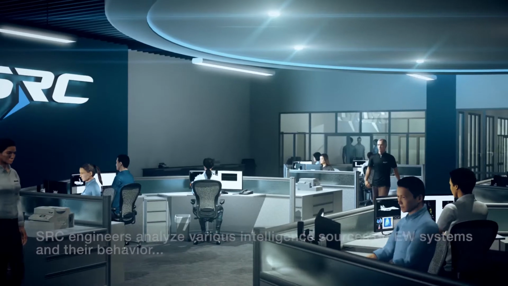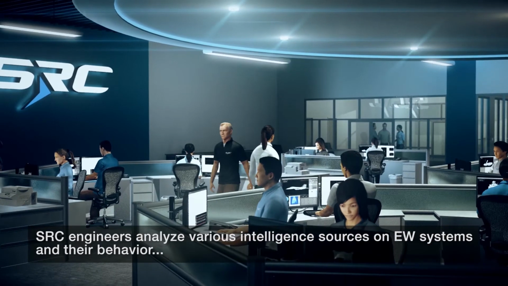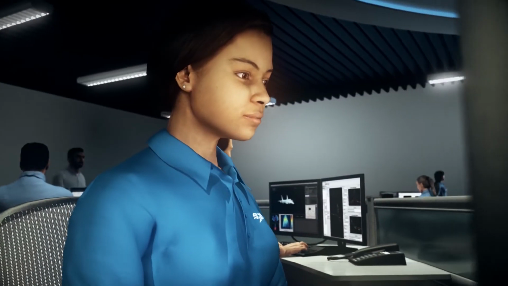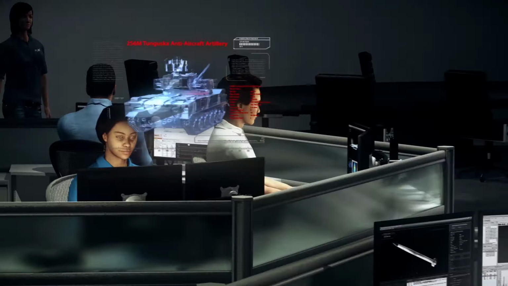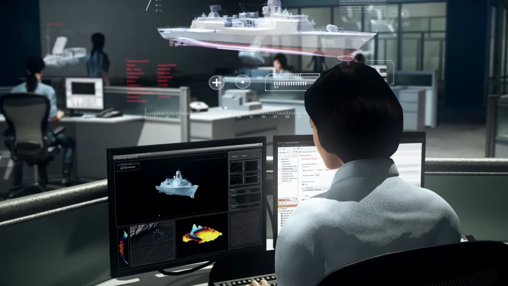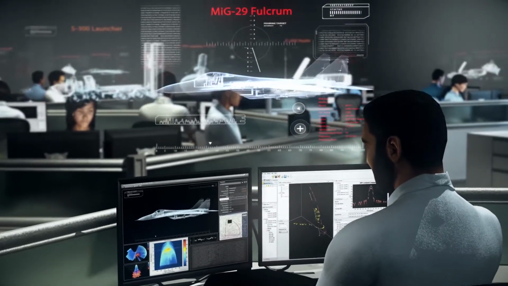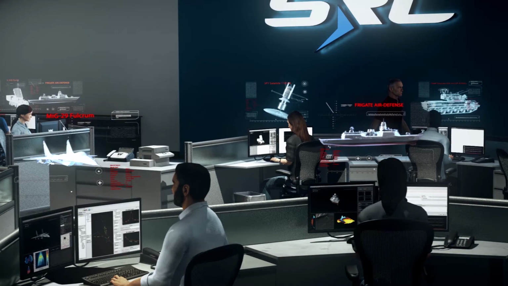engineer. Text on screen reads, SRC engineers analyze various intelligence sources on EW systems and their behavior. An office setup shows several engineers working at desks with double computer monitors while two employees walk through the office space. 3D models of airplanes, missiles, radars, tanks, and ships hover above each office computer, demonstrating the technology each engineer